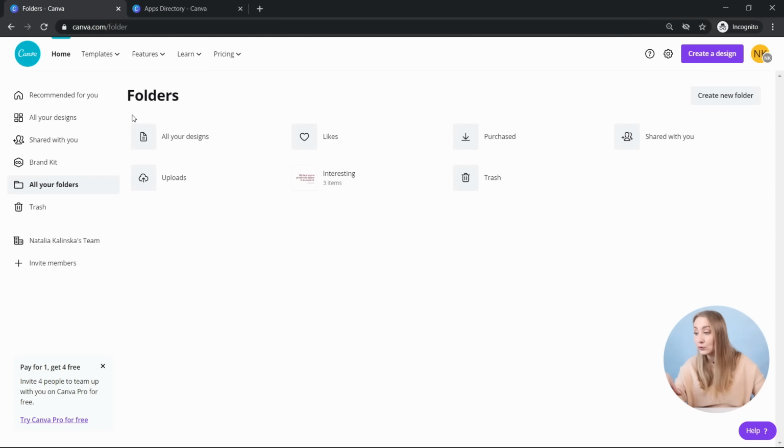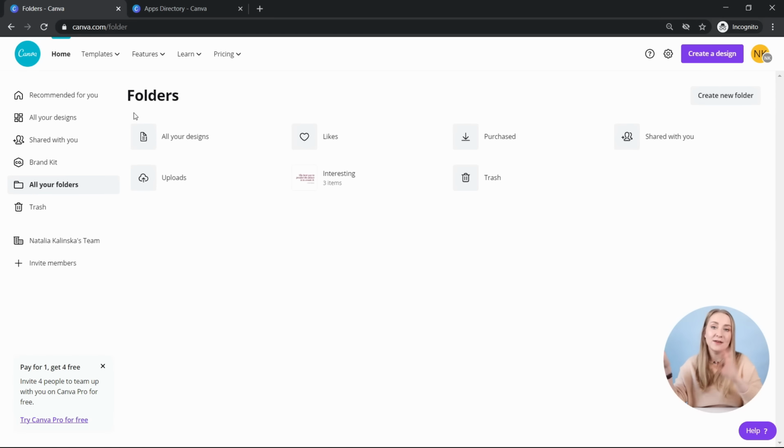Then you've got your folders, which is quite a neat way for Canva to, again, keep you organized. You'll find that at the beginning, you'll have a few designs, right? But after some time, you'll have multiple designs pertaining to different parts of your business or dealing with different social media platforms. And if you just refer to the All Designs tab, you'll find that you'll be scrolling all the time, and it's very easy to get lost in the mess.